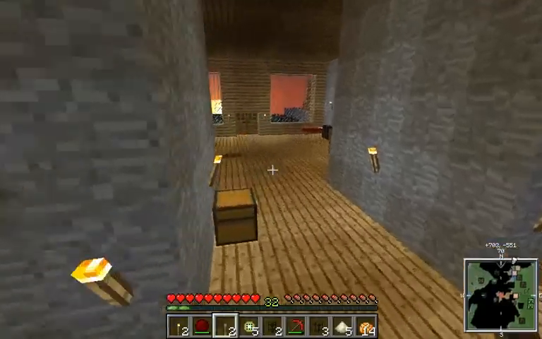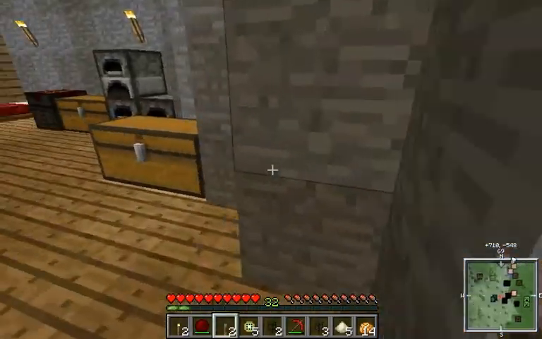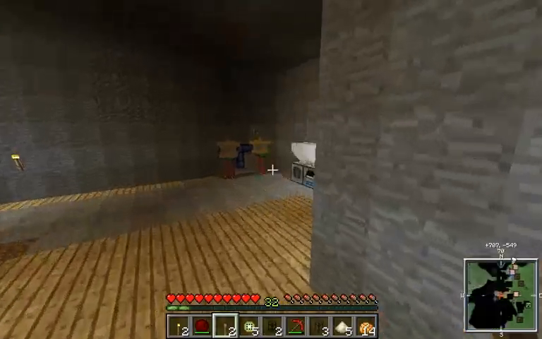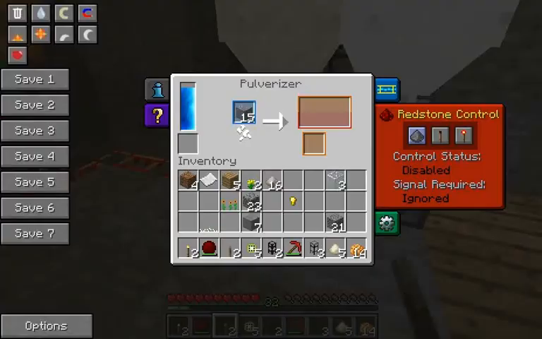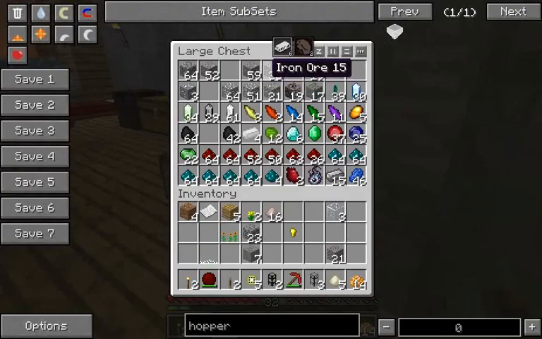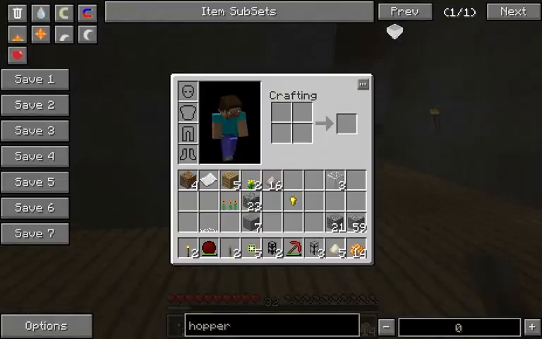So let's go get a bunch more ores. We'll do the gold, the copper, and some silver. And we can actually do one more. So we'll do lead. We'll come over here, and we'll just drop these all into there. And you can see the lead's going down because we have an opening, so we can actually grab one more stack of something. More iron. Never have too much iron. And then we also need to get...